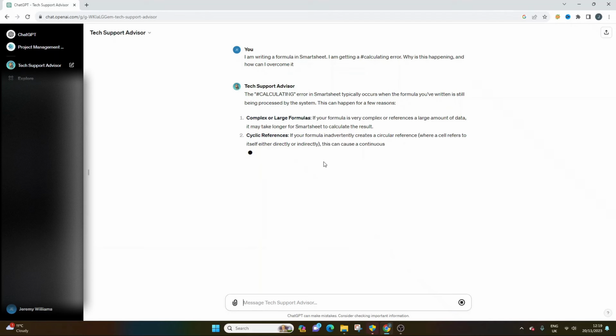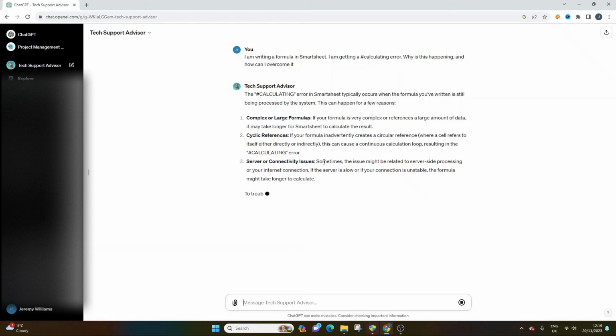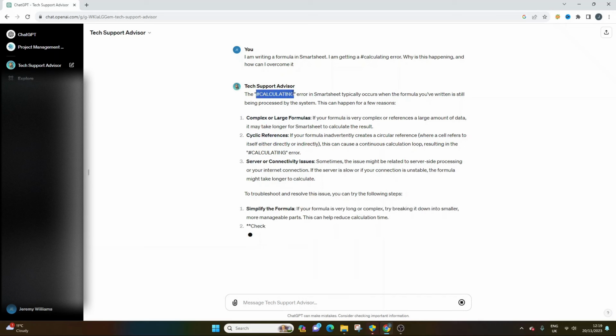The calculating error in Smartsheet typically occurs when the formula you've written is still being processed by the system. This can happen for a few reasons: complex or large formulas, cyclic references, server or connectivity issues. Now, having used Smartsheet extensively, I can tell you that I know that this is correct. I can tell you straight away that it is one of these 3 things. I can double check. I can show you though. If I copy this